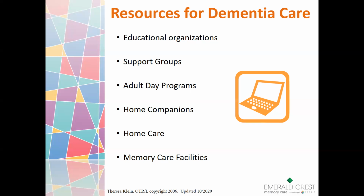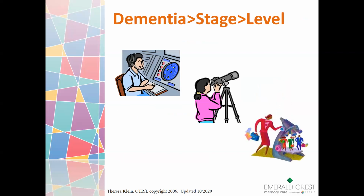about what's out there. At Emerald Crest, I will speak specifically for us. We have had families that have inquired about memory care, not because they need it now, but because they feel they may in the future. And one of the things we offer is to do an assessment, a cognitive assessment, a medical assessment. Our nurse and our OT, myself, would go out and kind of just give you a baseline of where things are at right now and maybe make some recommendations. So all of those resources listed can be supports in kind of getting moving in this dementia journey that you're